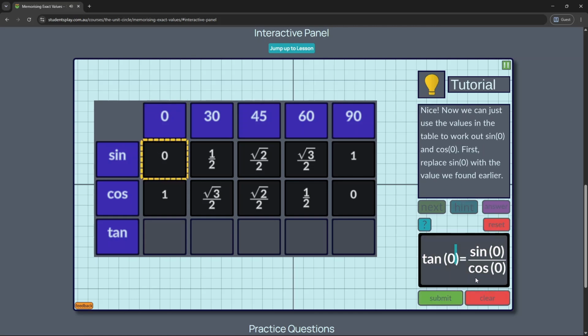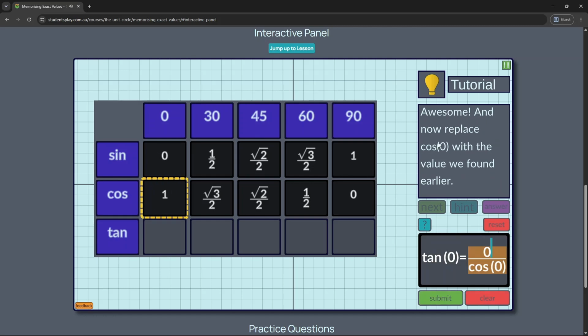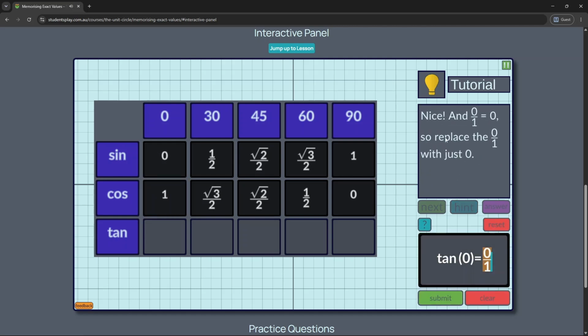Nice, now we can just use the values in the table to work out sine 0 and cos 0. First, replace sine 0 with the value we found earlier. Sine 0 was just 0, so I'll get rid of this sine 0 and replace it with 0. Awesome, and now replace cos 0 with the value we found earlier, which is just 1. So replace cos 0 with 1, and 0 divided by 1 is just 0, so replace the 0 divided by